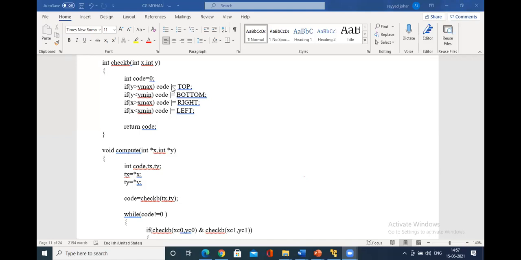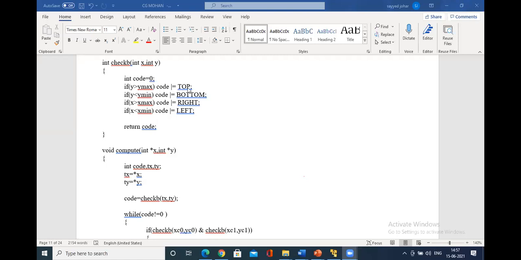As such, for that we have taken the OR operation. If the question is why do we use the OR operation, this is to compute the outcode. To compute the outcode, we have to use this OR operation, right? We have to compute the OR operation with respect to the value of x and y. So if the value of y is greater than y max, we say that it is at the top position.